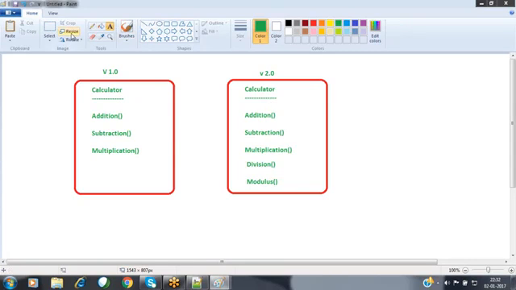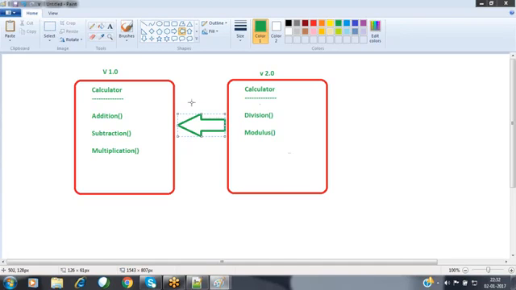For the three functionalities that are available inside version 1.0, I don't want to write this code again. I'm making my code generic. Whatever additional functionalities are required, only those I'm writing here, and the remaining functionalities I'm going to access from version 1.0. In order to get these remaining functionalities, we are going to reference version 1.0. We are accessing the version 1.0 functionalities in version 2.0 over here.